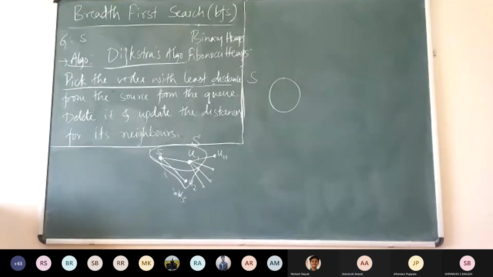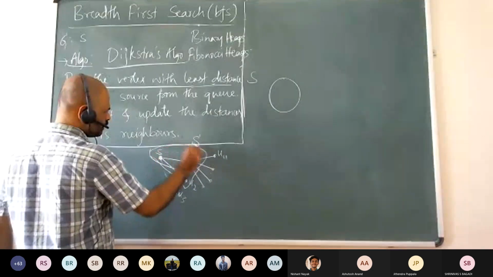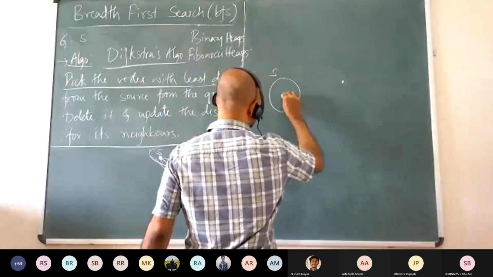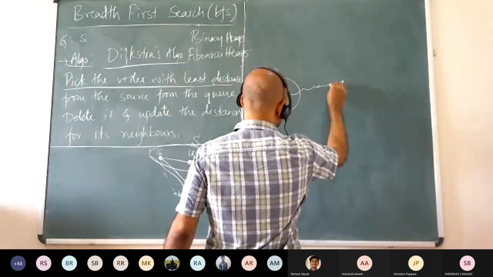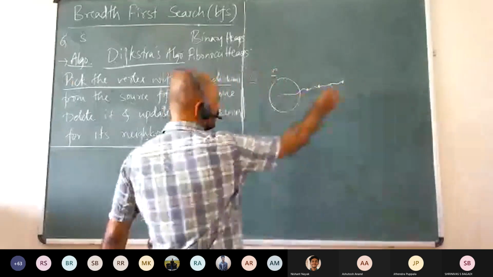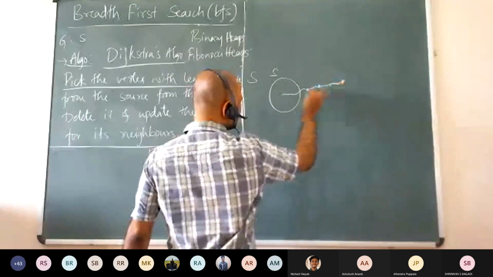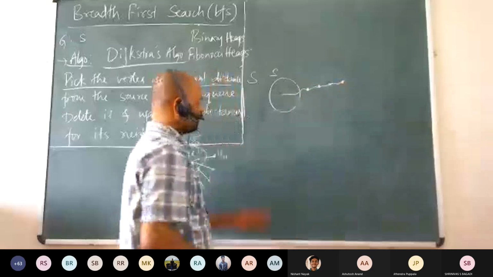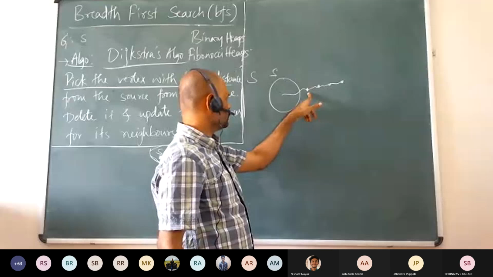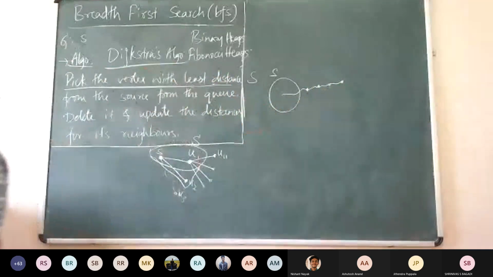Yes, sir. Also notice that the next vertex that is closest to the source will always be adjacent to this set S, right? It can't be some vertex here which has some path like this. It can never be this vertex. If that were the case, this could become the closest, but since all edge weights are positive, this would be closer to the source than any of these things.